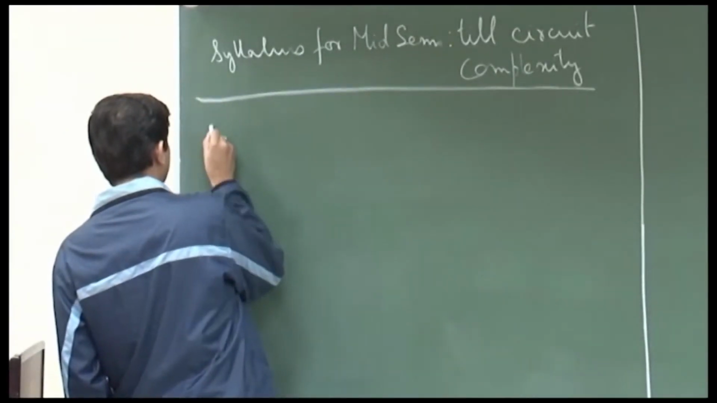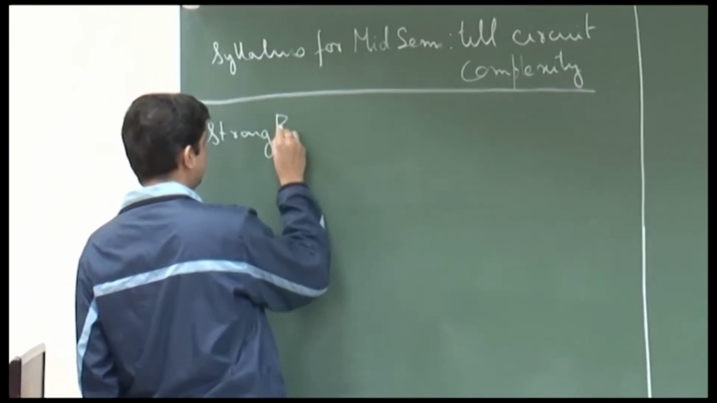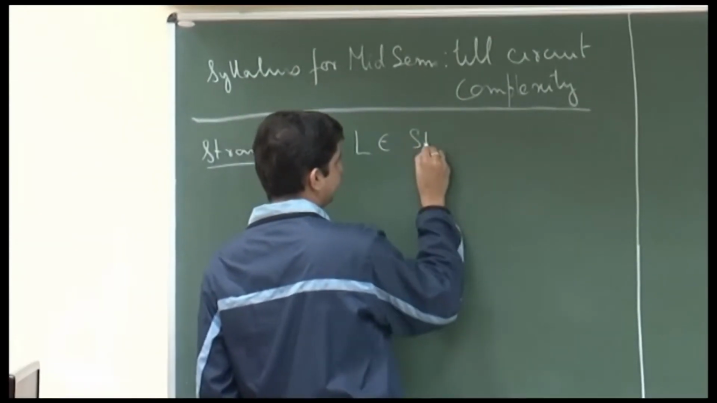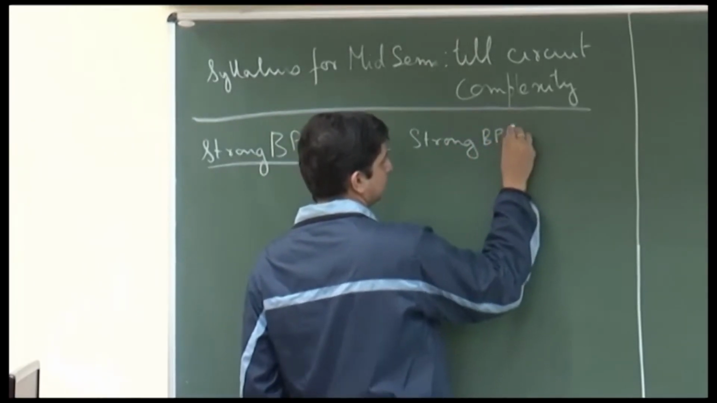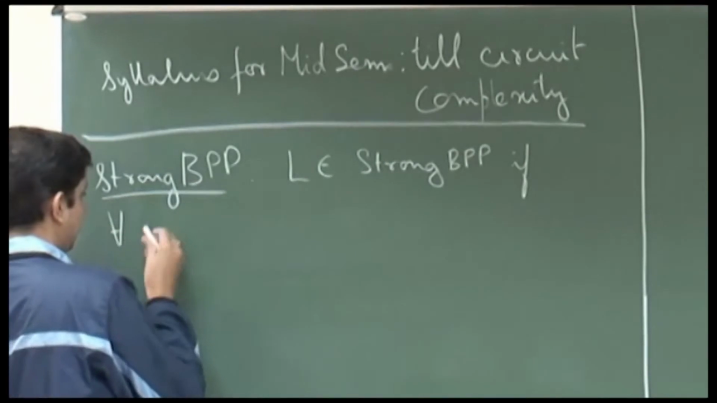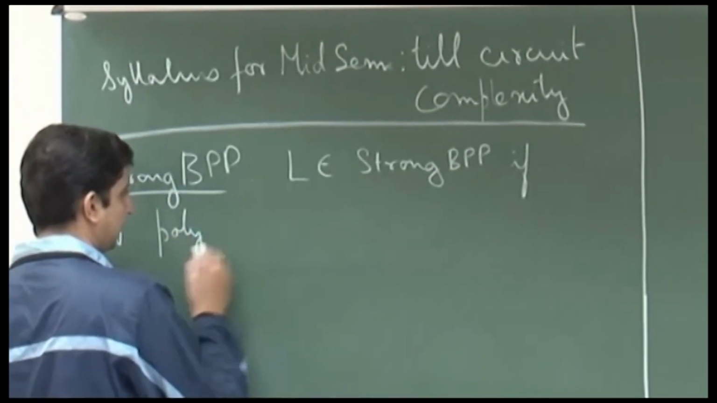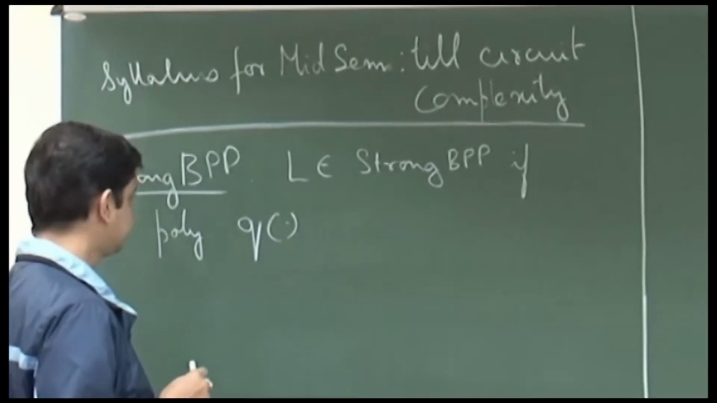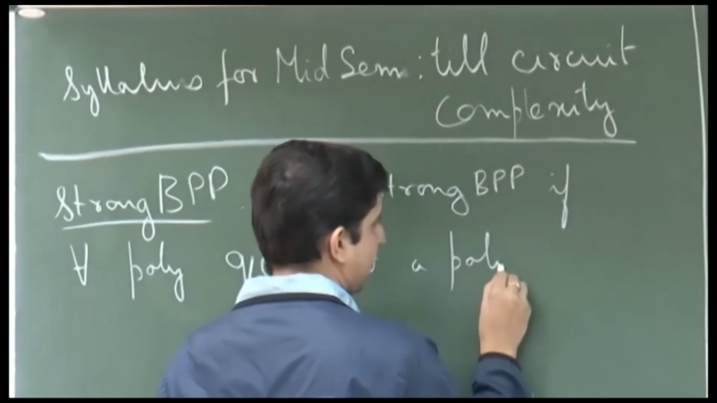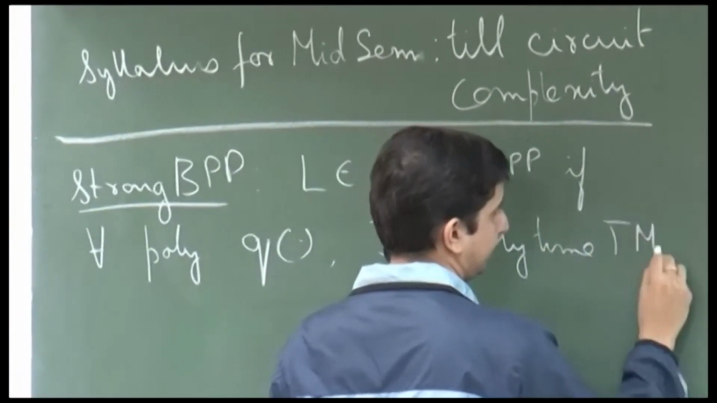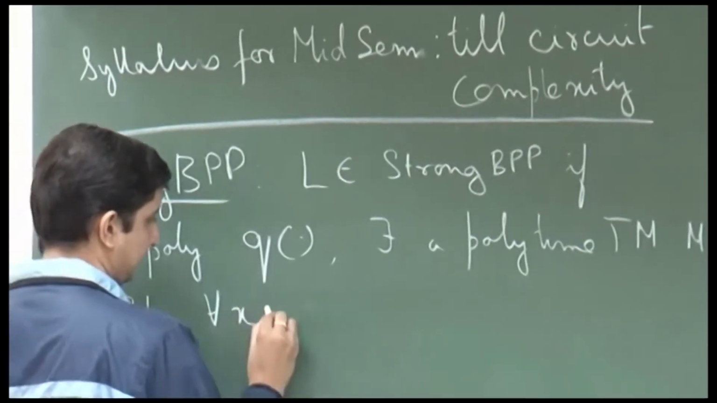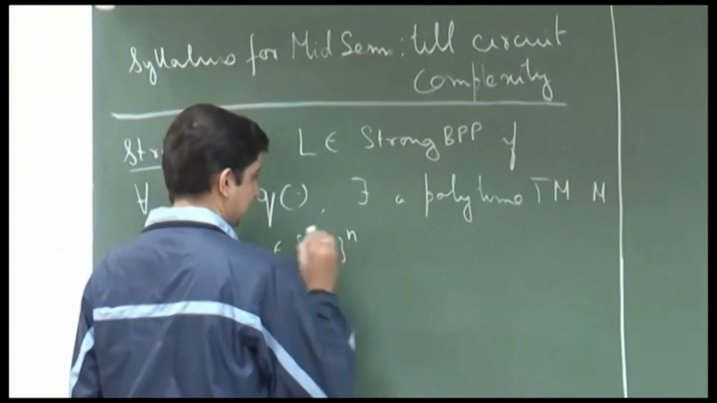So, let us define something called StrongBPP. L is said to be in StrongBPP if for all polynomials q, there exists a polynomial time Turing machine M such that for all x of length n,